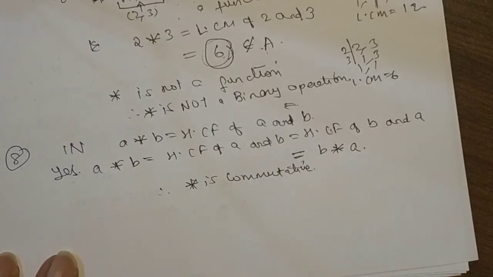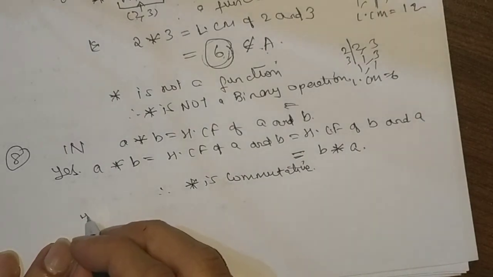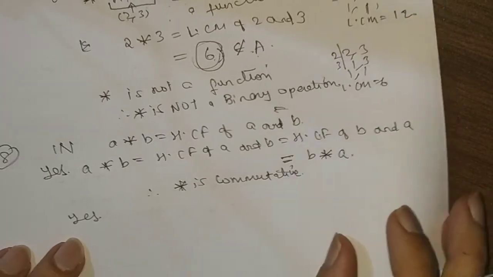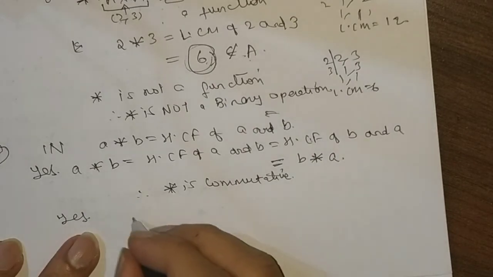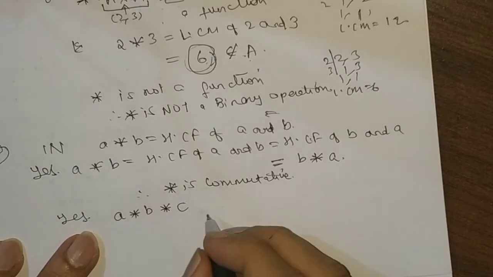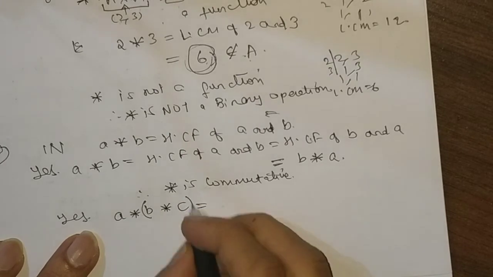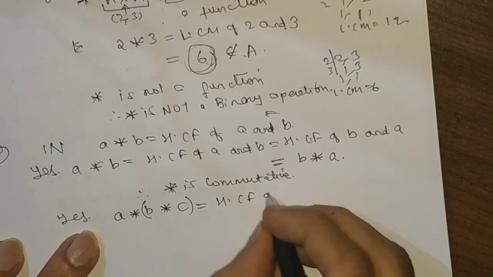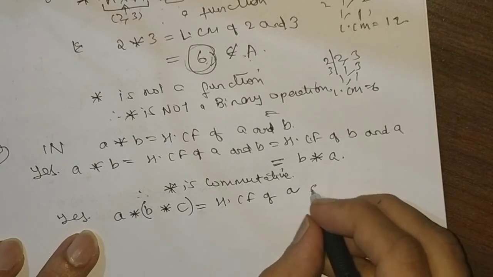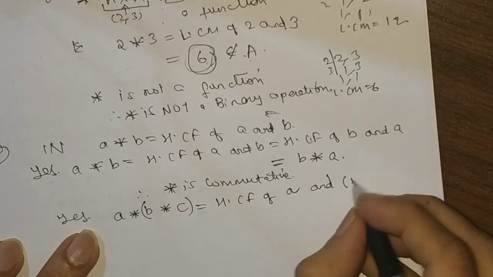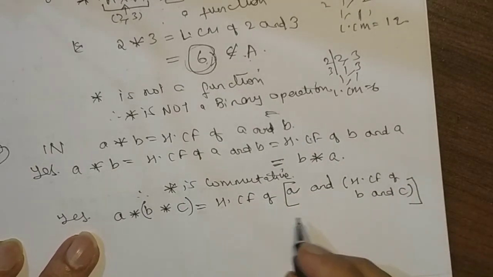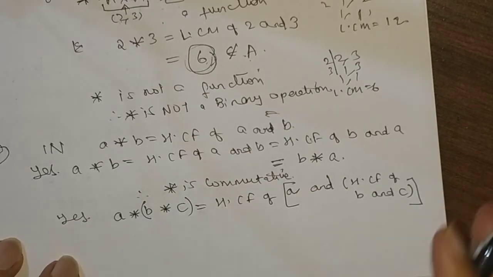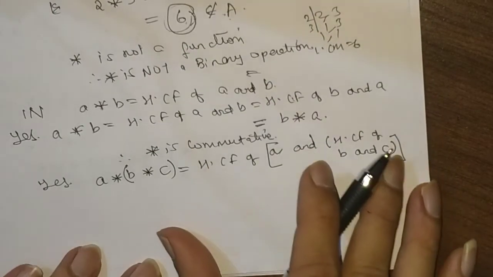okay. Now you have to tell whether the star is associative. So again it is yes. Why? Because you have already studied in the 10th standard the formula to calculate the HCF, right? See, A star B star C, if you put the bracket here, that means what? HCF of A and HCF of B and C, but this is actually equal to the HCF of the three numbers that you have studied in the 10th standard.